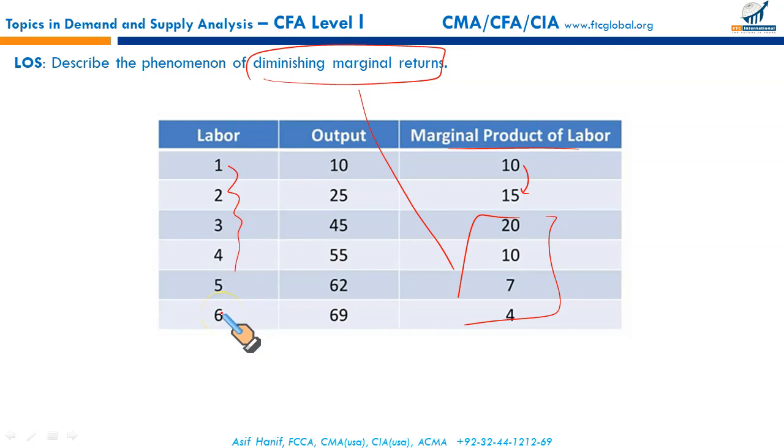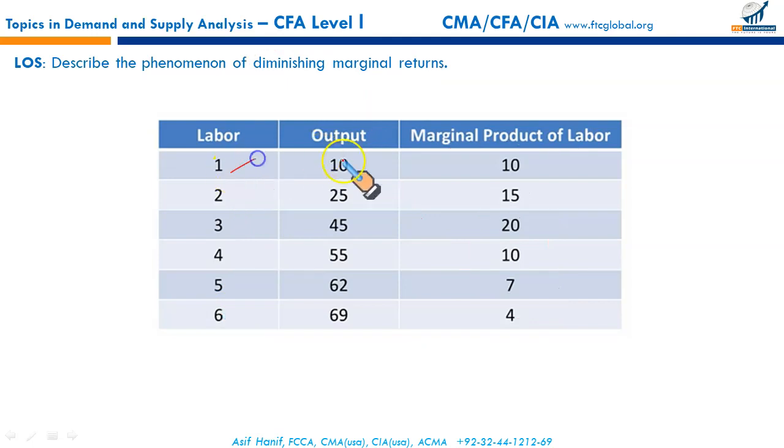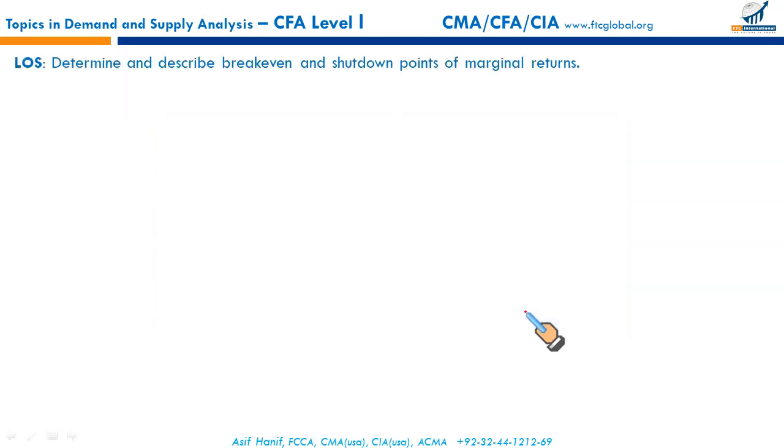Just take an example that you have a ladder, and we use that ladder to pick apples in an orchard. If you hire one worker, you get this many apples. You hire two, the output goes up. So firstly, you will see some increasing returns. But when there are 6 laborers on the same ladder, your output will start decreasing. And look at this. When you added the 6th worker, he was able to increase your output by just 4. So when the capital is fixed, this is what you will see, the marginal return. Every additional input will result in a lower output. That completes this LOS. Now, moving on.